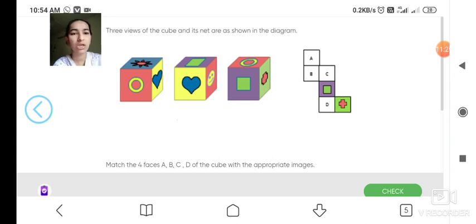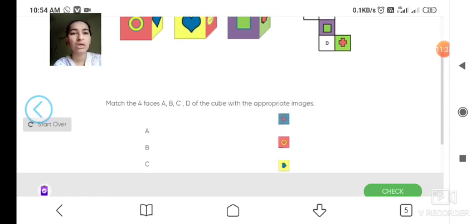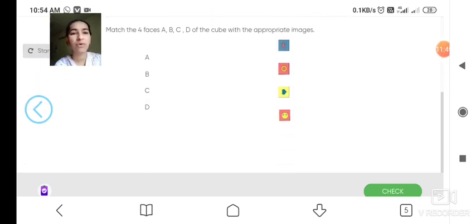Now this net is given. Now we have to match the faces. Okay, that means match the four faces A, B, C, D of the cube with the appropriate images. Now A indicates which face, B indicates which face, C indicates which face. We have to verify. Okay,